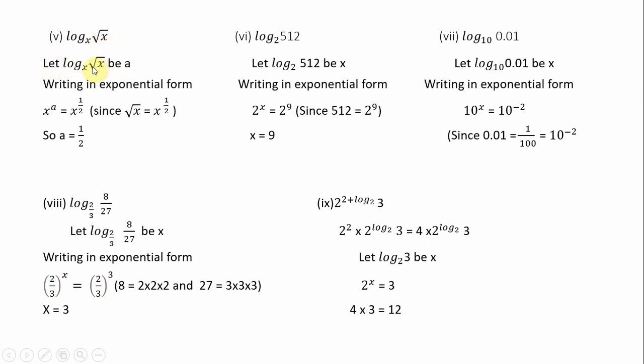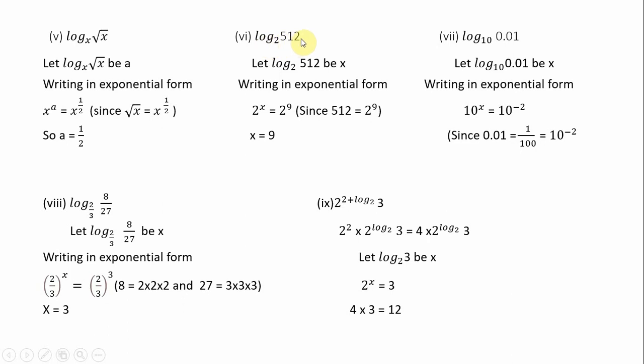So let log root x base x is equal to a. Now writing in exponential form, you get x to the power of a is equal to root x. So x to the power of a is equal to root x, whose value is what? x to the power of 1 by 2. So x power a is equal to x to the power of 1 by 2. Therefore, a value will be equal to 1 by 2. Your question is to find out the value of this. Now, totally we have assumed this as a. Therefore, the final answer: a is equal to 1 by 2. Understand, here the bases are equal, so exponents are also equal. a is equal to 1 by 2. Root x is equal to x to the power of 1 by 2.